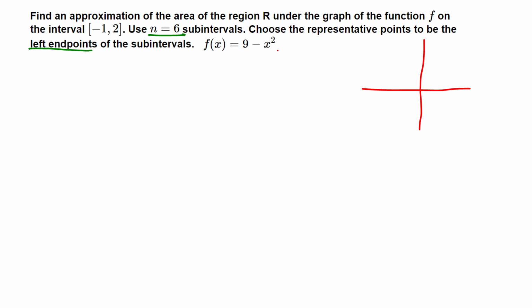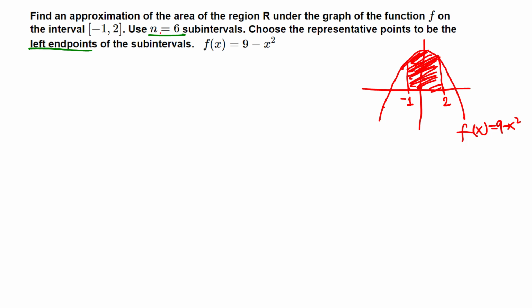If you have a graphing calculator, you can graph 9 minus x squared. So negative x squared is like this, then plus 9 means just move up 9 units. So this is the graph of 9 minus x squared, and we are trying to approximate the area under the curve from -1 to 2. So -1 to 2 somewhere. So we are trying to approximate this area